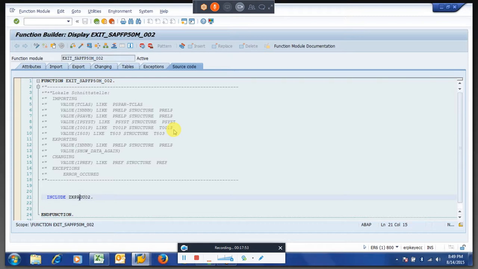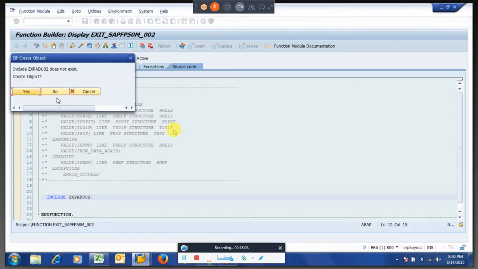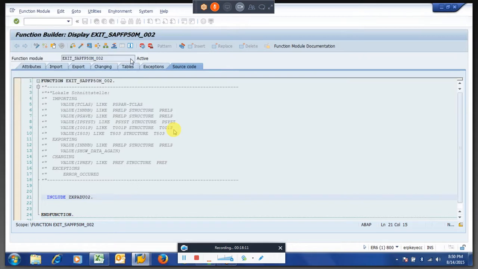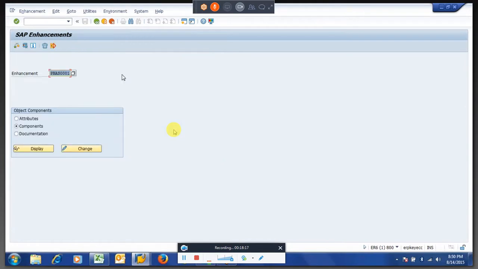If you click on this, it will ask to create this include program. See, it is saying it does not exist. Do you want to create this include? Then they will create this include, and there is a process, C mode, S mode, to activate this exit and all this stuff. This is a complete circuit. So they will do it for you.